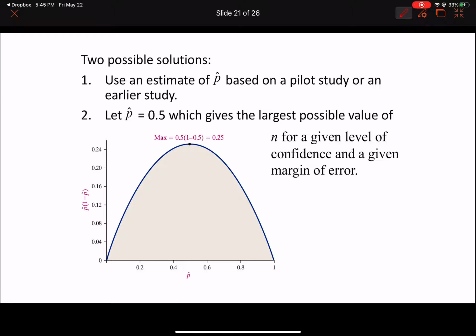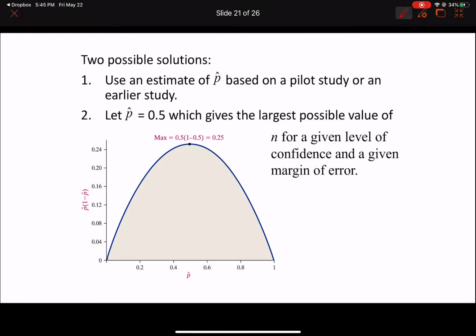Okay, so these are two possible solutions to our problem. One of them is to use an estimate of p hat based on a pilot study or an earlier study. So let's say somebody else did a study like this. Maybe they did it years earlier, or somebody else did a study and you just want to do your own study. So you can use a pilot study or an earlier study and use their p hat,